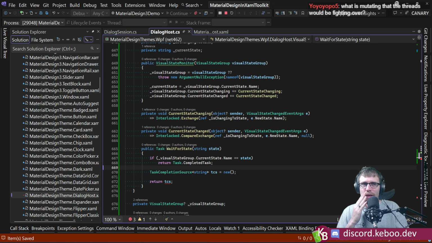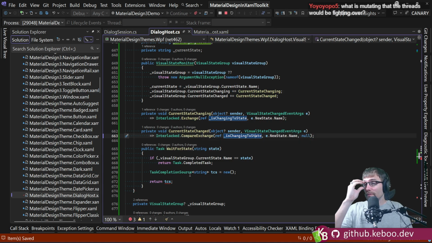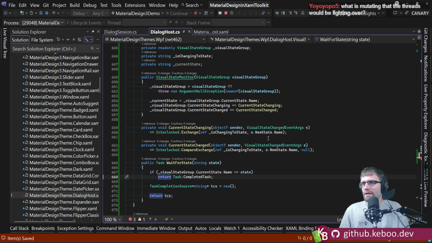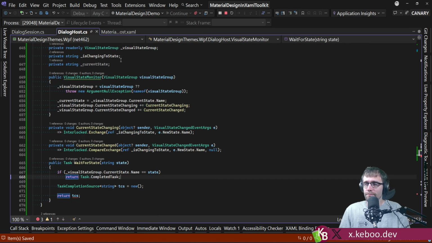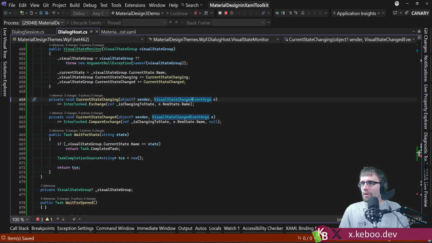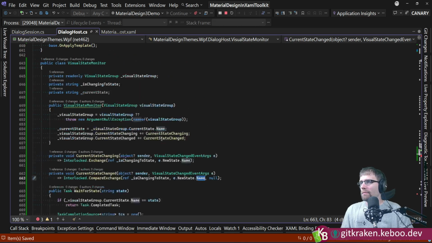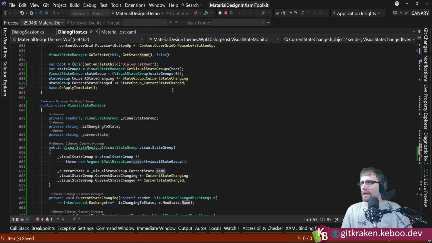What's mutating that the threads would be fighting over? So in this case, the state name is really what I care most about. And for the purposes of this dialog host, there are only two states, opened and closed. Those are the only ones. And so really what I'm after is the state name, the string, because my end goal down here is